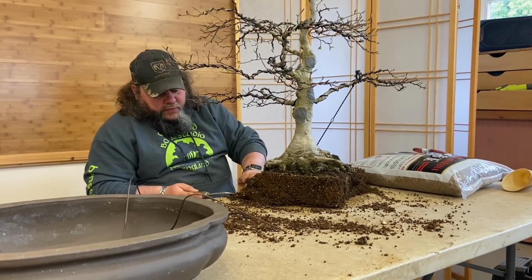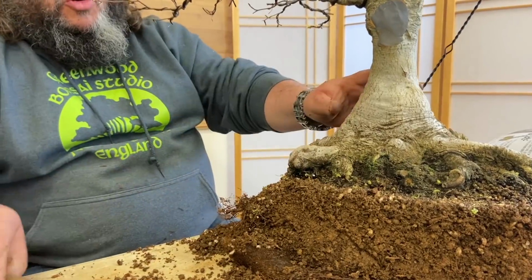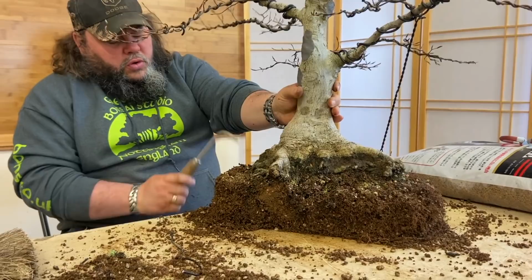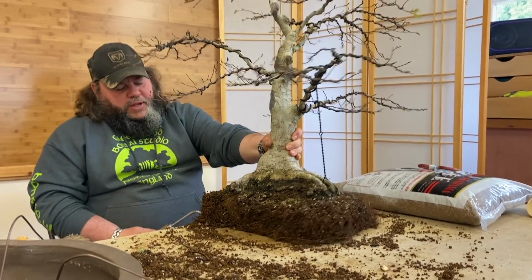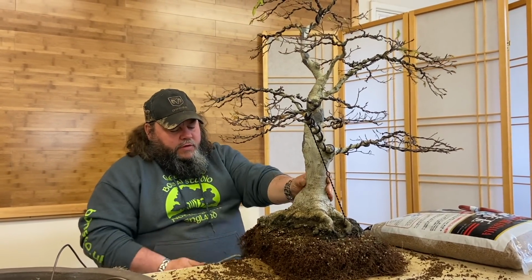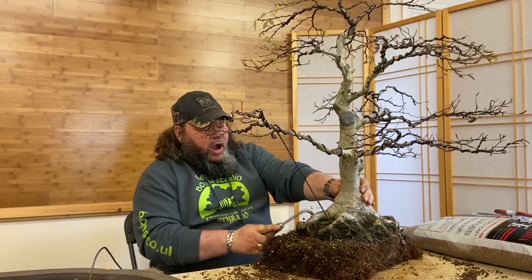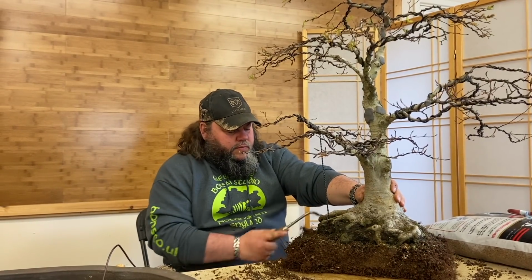This looks like it's in a mixture of grit and akadama, maybe a little bit of kiryu or pumice. We're going to put it back into a neat akadama mixture, which is what I tend to favour for all my deciduous trees here in the UK. Obviously, we've had a lot of people asking us about compost mixes, but I tend not to recommend too many different ones, because depending on where you are in the world, what trees you've got, what budget you've got, and availability of product makes a huge amount of difference. So I'll always tell you what I'm using, but obviously you can tailor that towards your own environment and watering